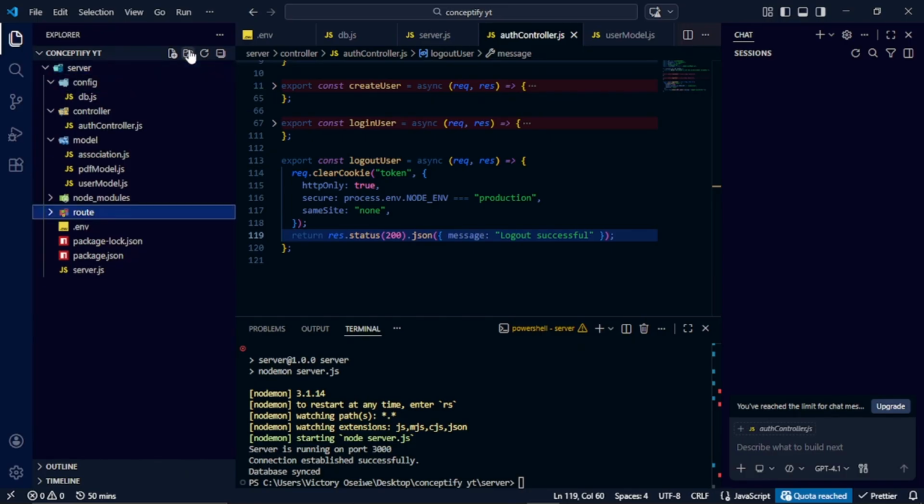You enter that name, and that is where we define the routes of our controller files, so everything will be moving fine. Create a new file here, auth